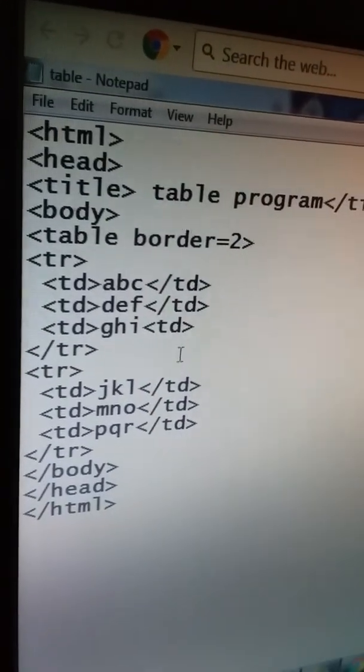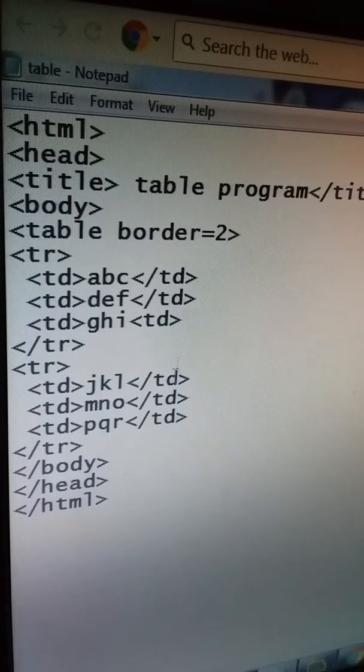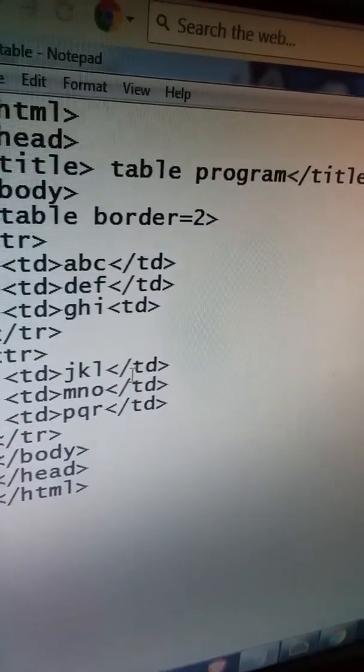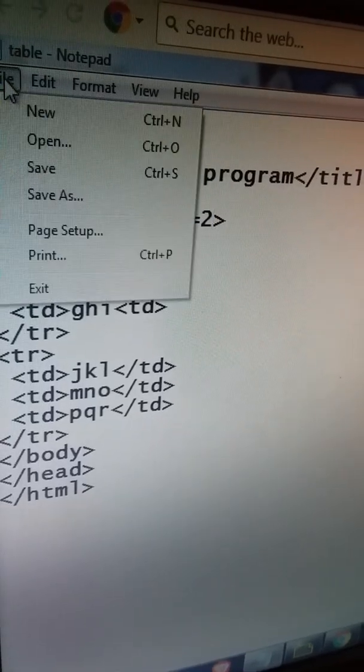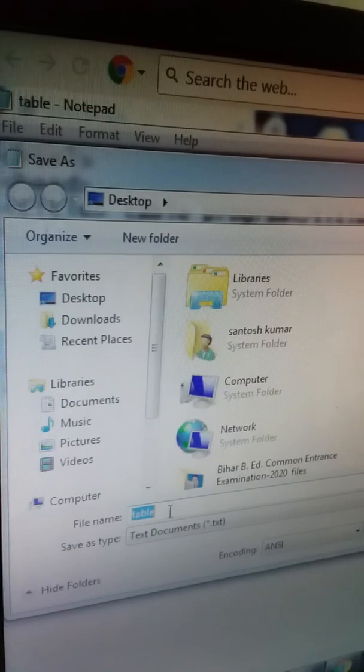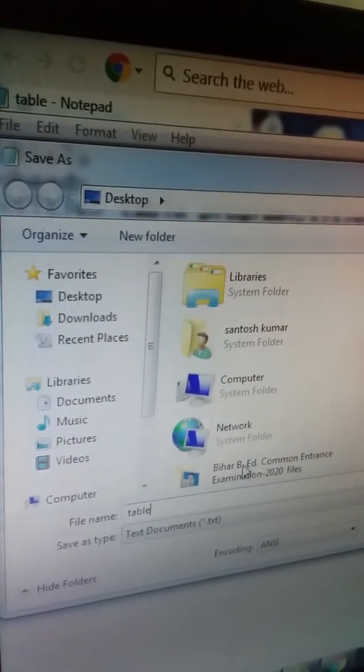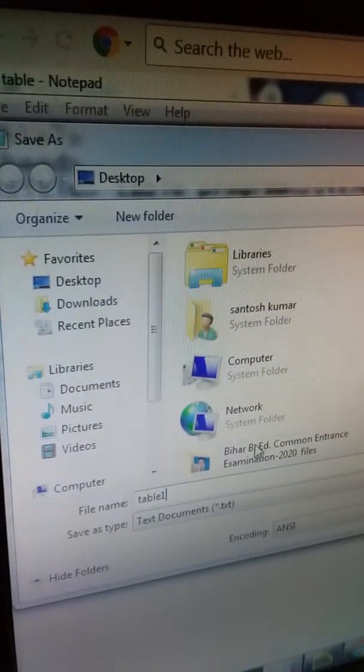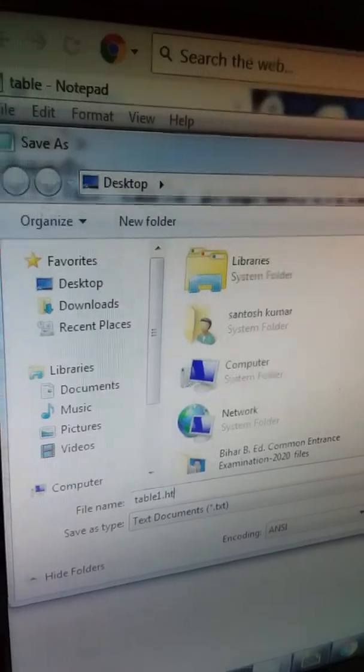After writing this type of program, we save the program using Control S, or we can go to the file menu and click on save as. You can write here table 1 dot html.